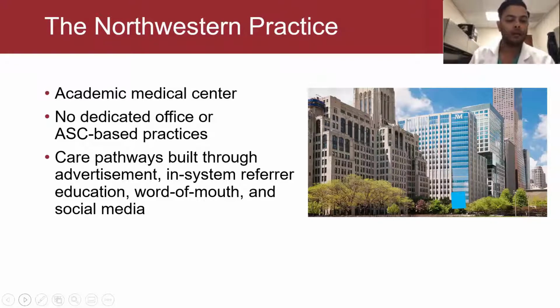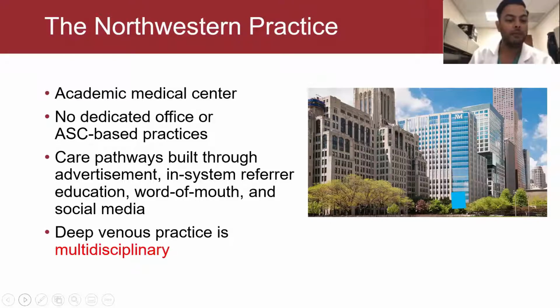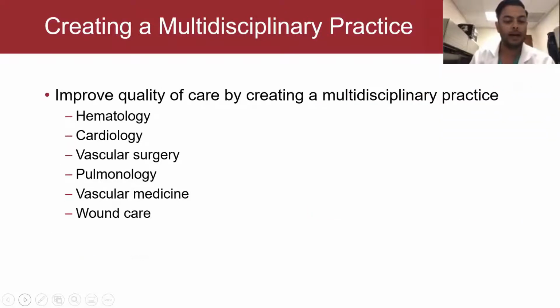And our care pathways are built through advertisement, but really with the large academic medical center, it's a lot of system referral, education, word of mouth, and social media. But really what I want to highlight, and I'll highlight this in a few slides, is that our deep venous practice is absolutely multidisciplinary. Why have a multidisciplinary practice? Really, the goal is to improve the quality of care that you can provide. That includes working with the hematologist, the cardiologist, interventional radiology, vascular surgery, if you're going to be dealing with a lot of pulmonary embolism, pulmonology, vascular medicine, and then, of course, with wound care,